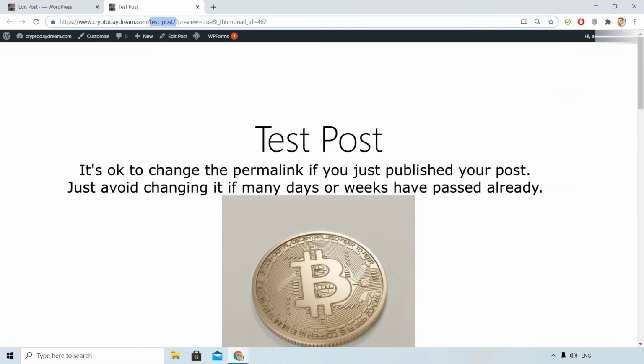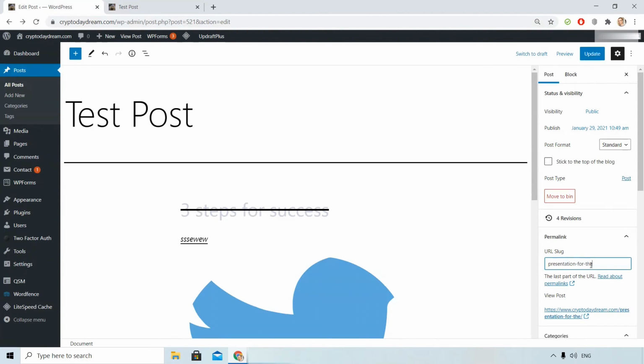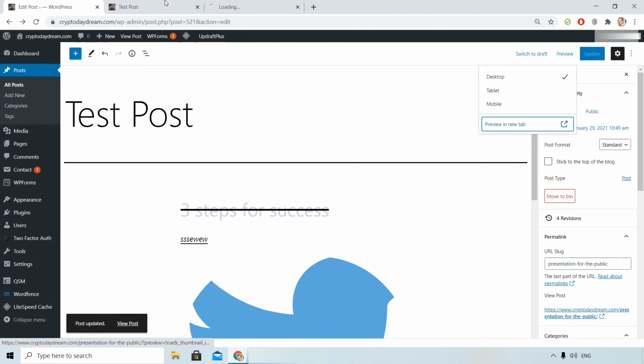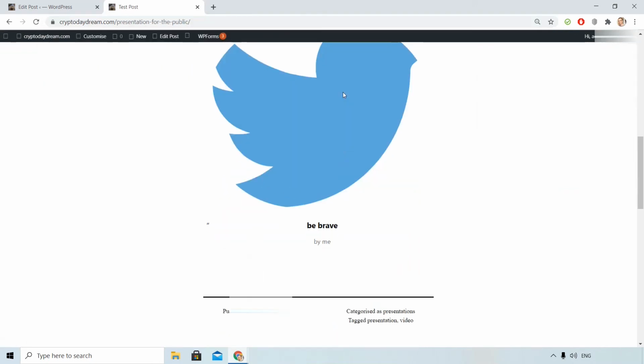That test post, you can do it if you want to put some certain keywords. Let's see, a new tab, I change it. This is how people can see my post.